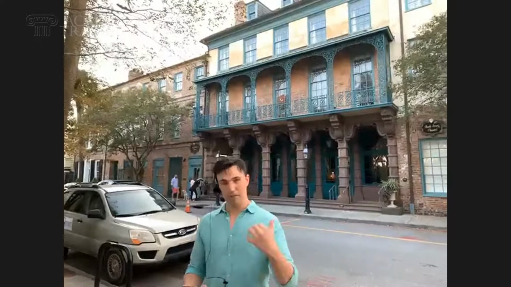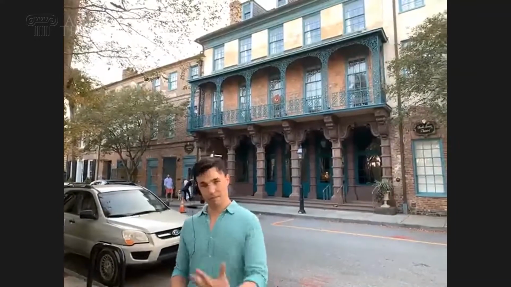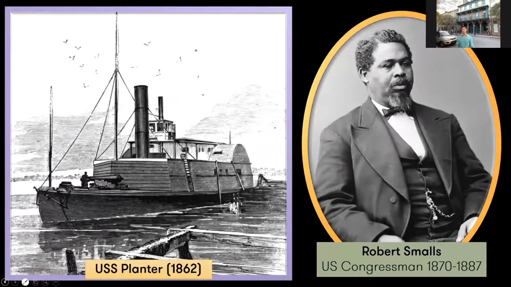So when the officers from the ship tucked in for the night, Smalls, knowing the hotel quite well, was able to find most of the crew very quickly, get them out of the hotel, find their families around the surrounding districts, run down to the ship, and they hijacked it. They sailed the gunboat right out into Charleston Harbor, managed to get past 4 forts without sounding the alarm, and then ran over to the Union lines and handed the ship over to the Union Navy.